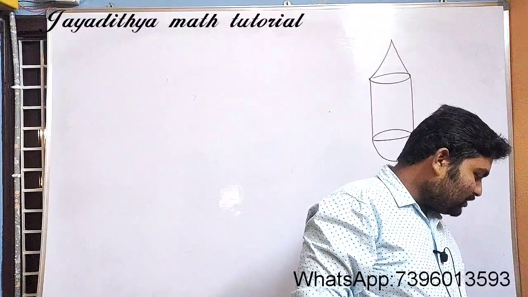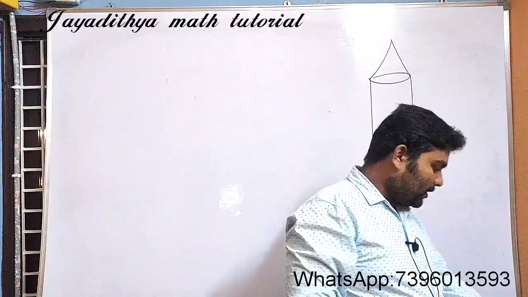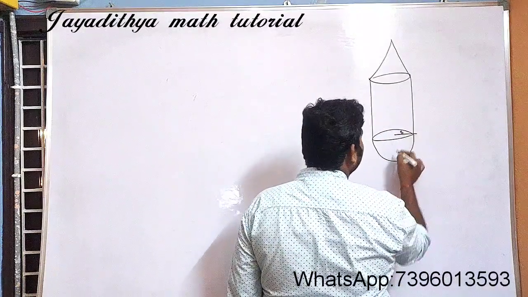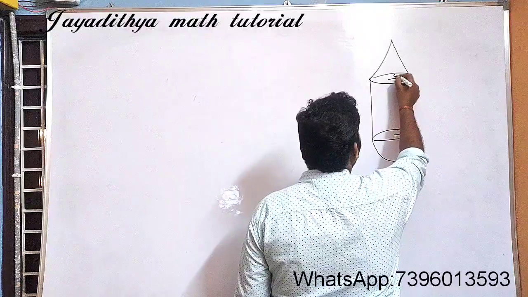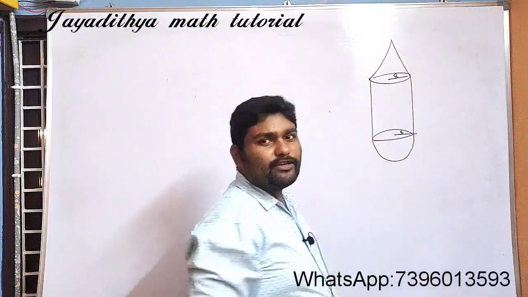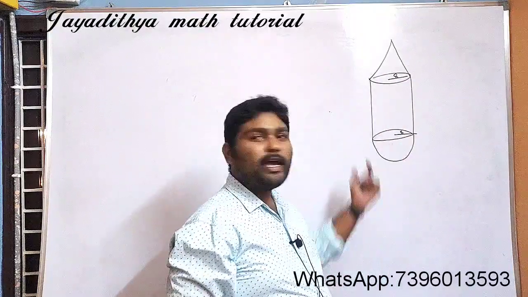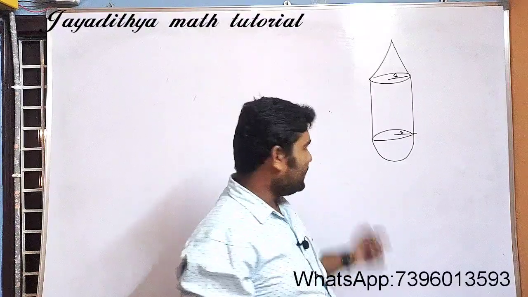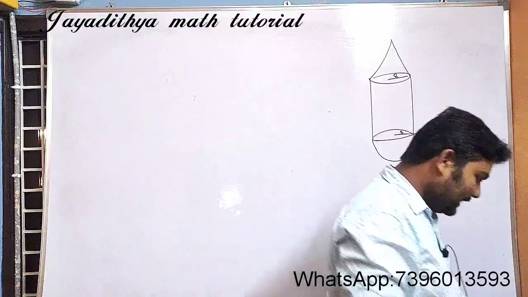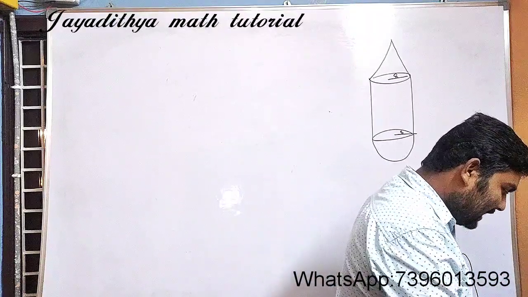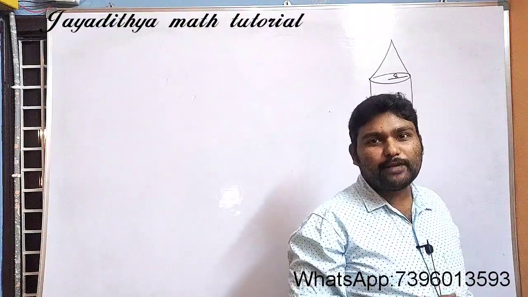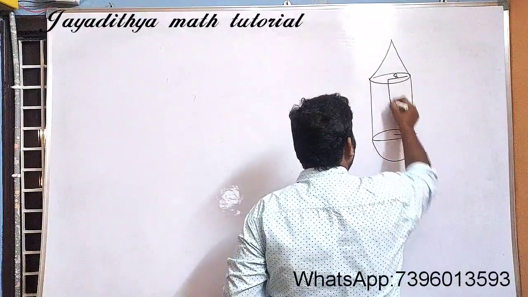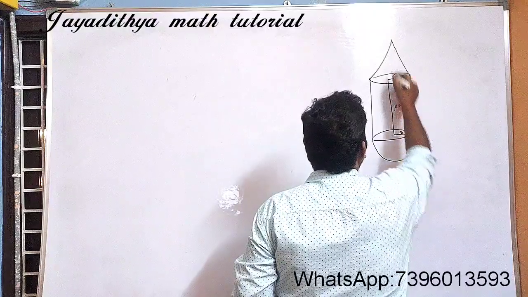The radius of the common base is 8 centimeters. So if the radius is 8 centimeters, here also it will be 8, Nana. That means the radius of the cone is also 8, the radius of the hemisphere is also 8, and the radius of the cylinder is also 8 here. So all the radii are equal. And the heights of the cylinder and conical portions are 10 centimeters.